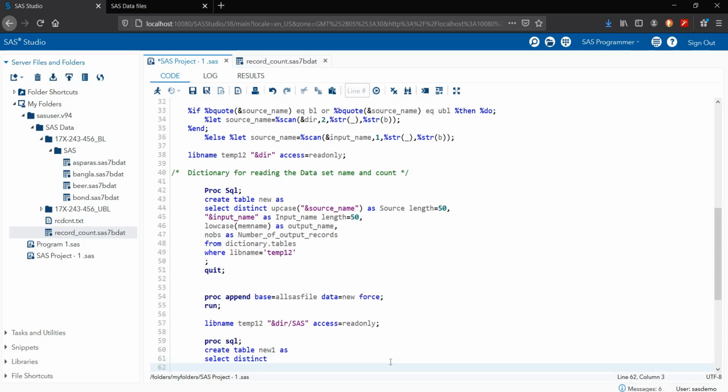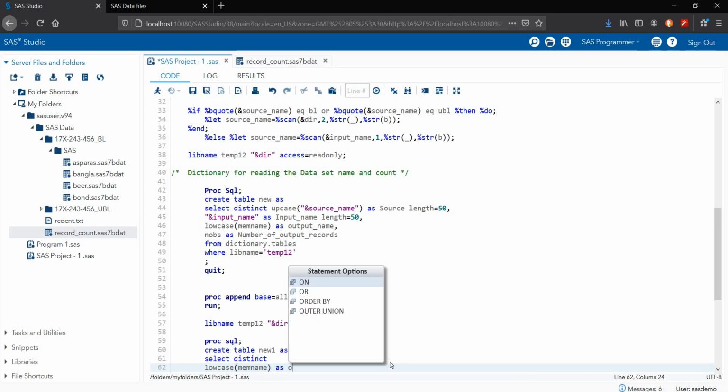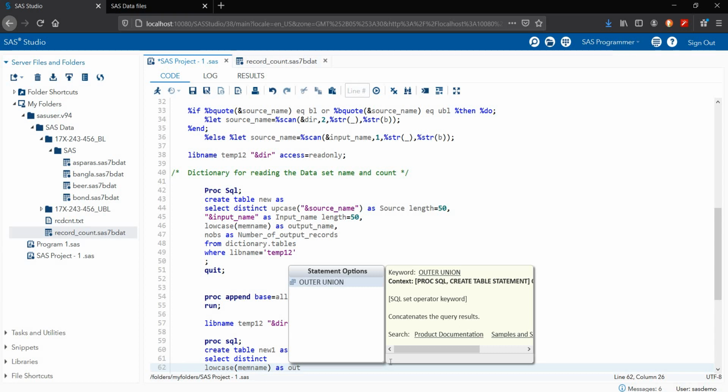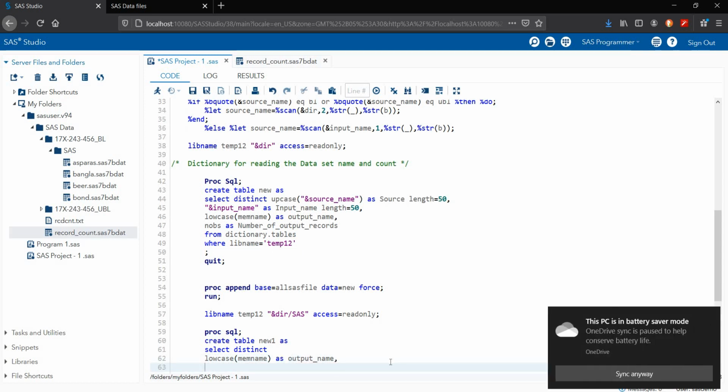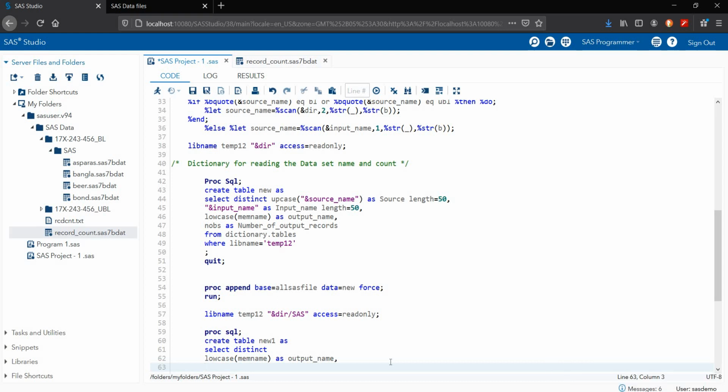Lowercase mem name, same I'm using here, mem name as output_name, comma.